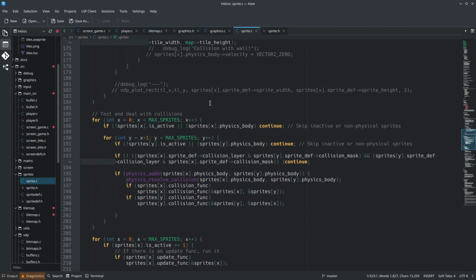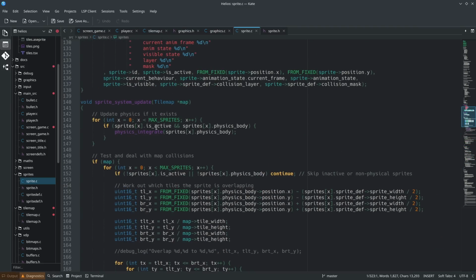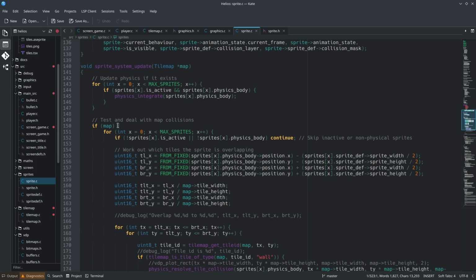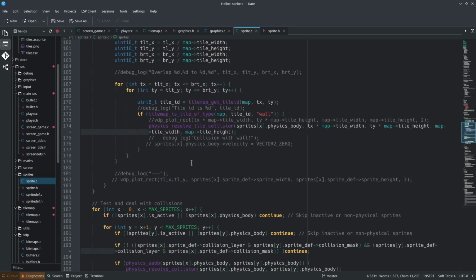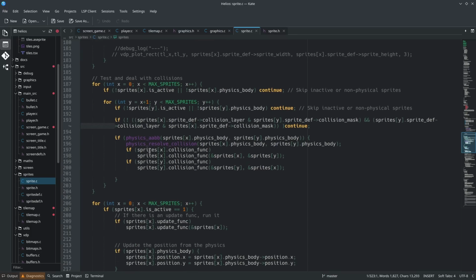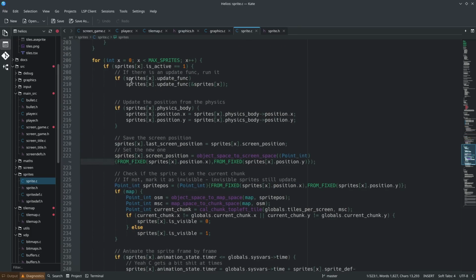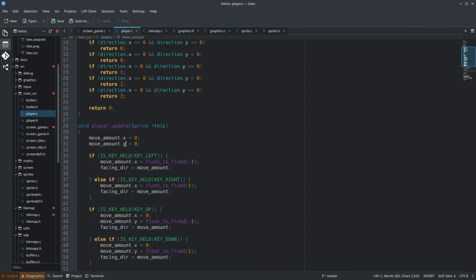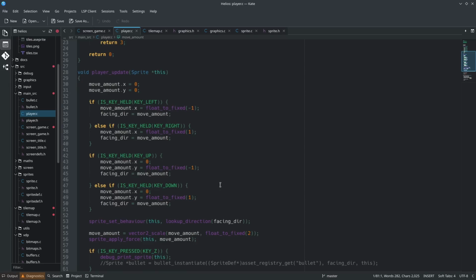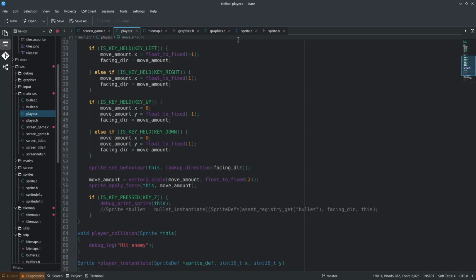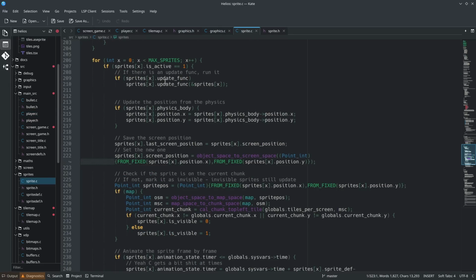There are several phases that this thing goes through. First, it updates the physics, if there is any, and it does a physics integration. It then deals with map collisions to resolve those. It then deals with sprite collisions to resolve those. It then runs the logic for the sprite. So if there's an update function, inside player.c there is a player update function, it runs this code here. Once it's run that code, it updates the position of the sprite from the physics body to make it move